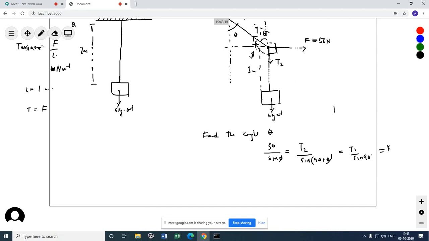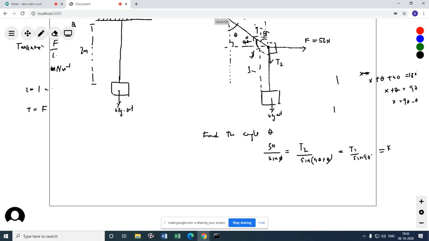Now this is also 90 plus some angle. I don't know how much that angle will be. Oh, wait a minute, you have missed one thing. This is 90, and this is how much? That we don't know, so 90 minus something. Let's say this is x. So x plus theta plus 90 equals 180. So x plus theta equals how much? 90.